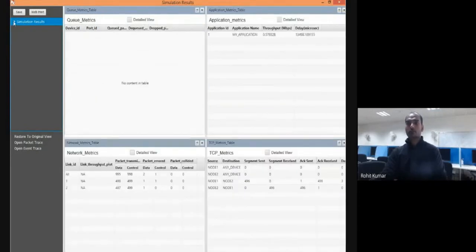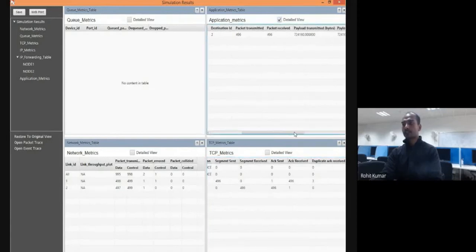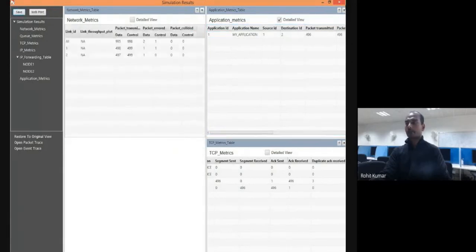And we set it to the original view. It was the default view. Okay. So once we run the simulation, this kind of result we'll get. We'll get the Q metrics, we'll get the application metrics. So application delay, in microseconds. It is the delay. If you want to see the detailed view, then it will show the packets also. The transmitted packets, packets received. So all the packets got received, means no packet loss, kind of. Okay. So here, then payload received, what is the throughput, what is the delay in microseconds and Mbps, those are written over here. Then acknowledgements sent and received at the TCP layer, means at the transport layer. Okay, and then network. So all these things are here. We just simply close it.